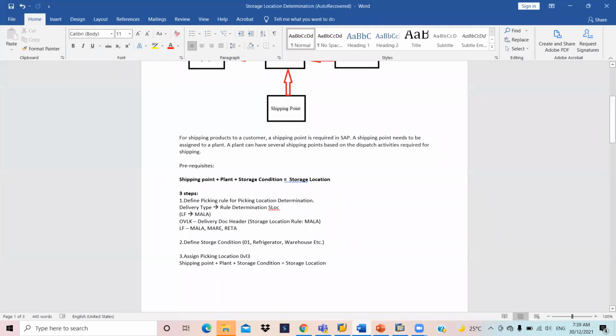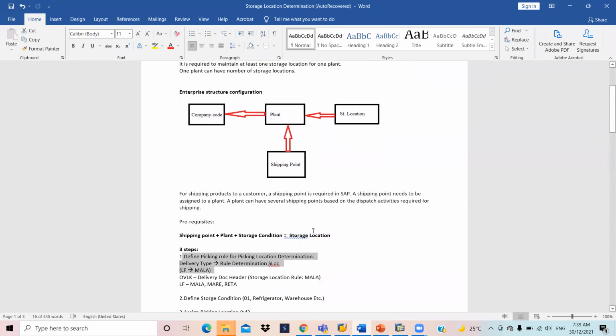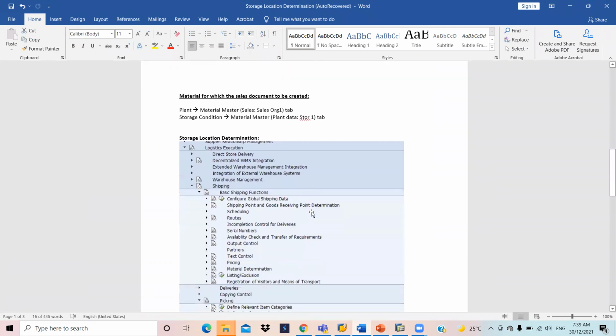As I said before, the first is define picking rule for picking location determination. The menu path I have just given here.